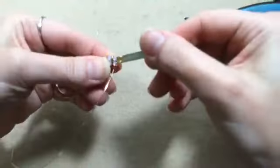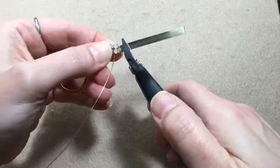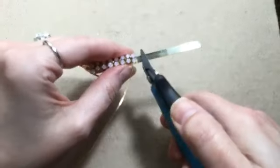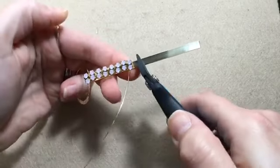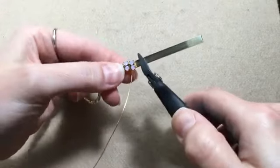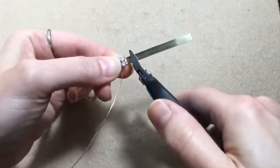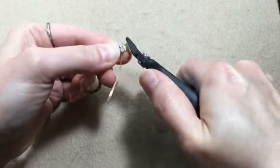Okay. Now the back piece, I want to trim it off too, but I want to trim it a little bit longer so that there's a little bit of a lip back here, because we're going to punch a hole through that, and we're going to add some dangles to this, because who doesn't love dangles? So I'm leaving myself just a tiny little bit of space, coming in with my cutter tool and